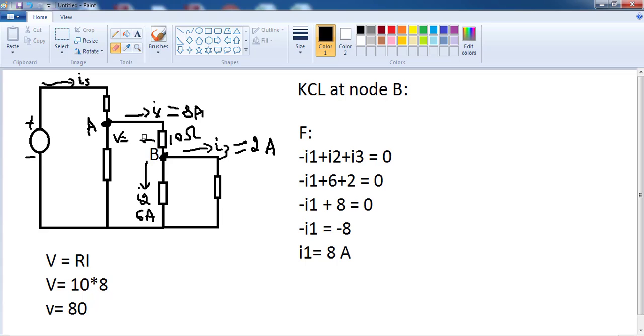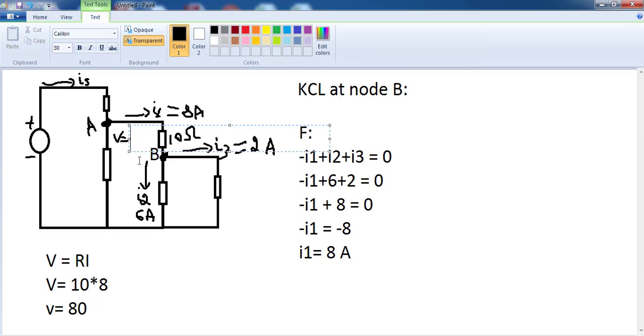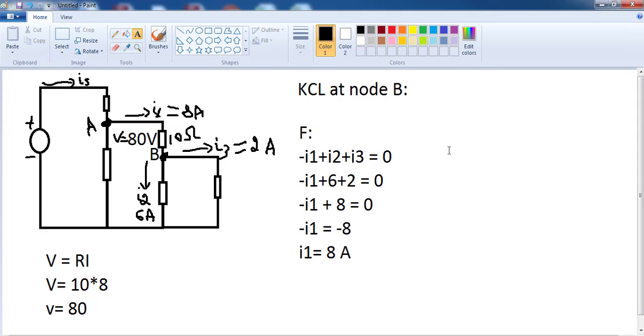So now we know the value of voltage going through the 10 ohm resistor: 80 volt. It looks complicated, but it's simple, and if you do a lot of exercises, you will get better. Of course, in the next class, we're going to learn about Kirchhoff's voltage law. Then after that, we will